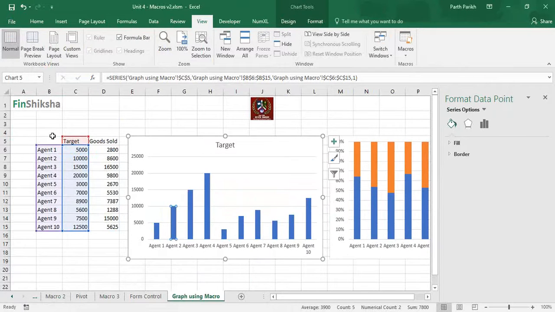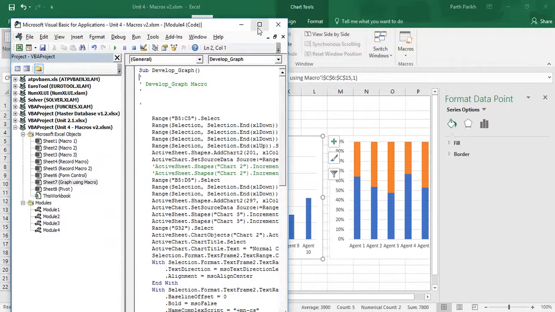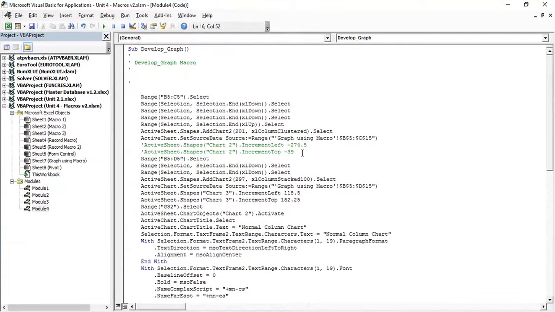Okay, now you see the data set has been given to us. Now we have made a comment of that particular thing over here, edit, which is increment left and increment top, which was the dimension provided by Excel. We have eliminated that. So that's an issue over here. Okay, so how do we solve such issues if you are not sure what Excel has done?